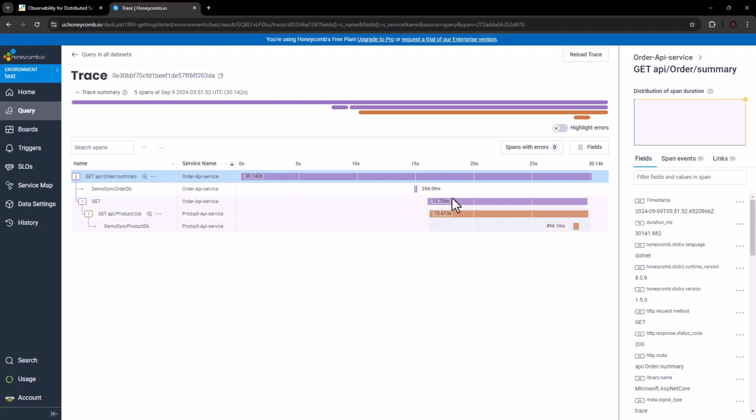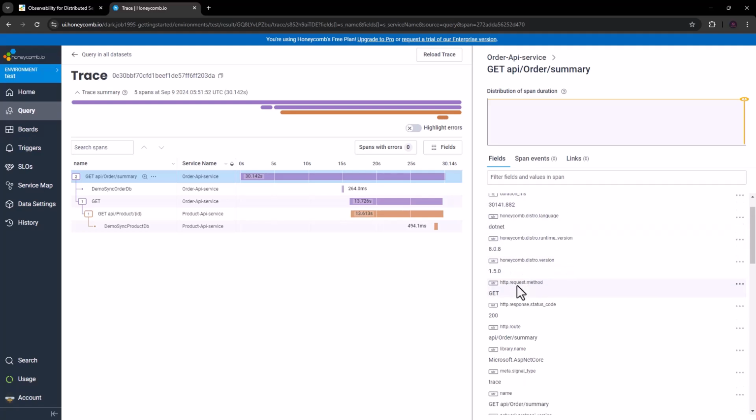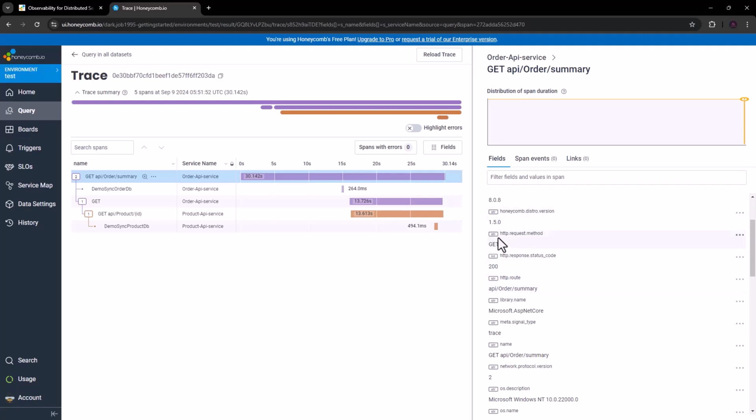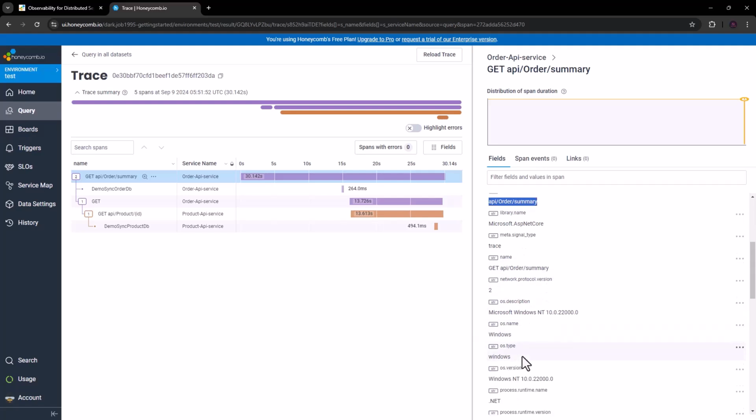If you want to go beyond this, check up here. We have our other API service, that is the service name, and you can expand this also to see everything. That is a timestamp. This is the duration in milliseconds, and here you have all the info. There is the verb, that is get. So the first one was the 200 status code, which is successful. That is the route, API order summary. There is a library name, and when you check here, get API order summary, we have the Windows version,